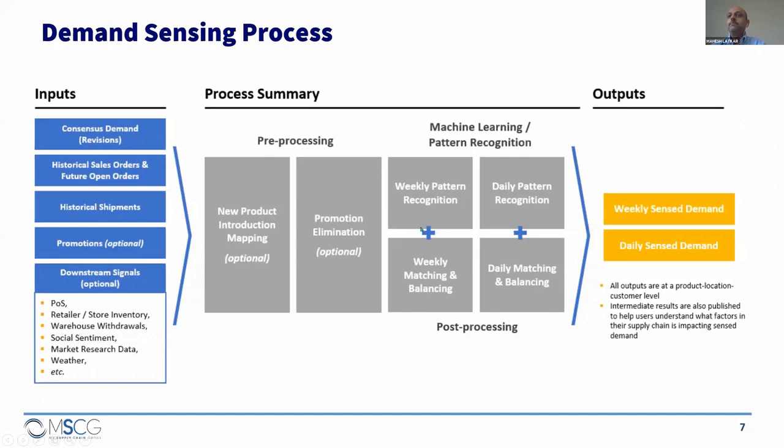Next is machine learning and pattern recognition, which is very important. So demand sensing reads patterns in daily as well as weekly buckets. It also does forecast consumption as part of demand sensing. You can always switch off this forecast consumption if you're using any time series algorithm for the planning. There you can apply the forecast consumption. Output of demand sensing is in daily buckets. Data is stored in daily buckets, but you can always view it at weekly level.